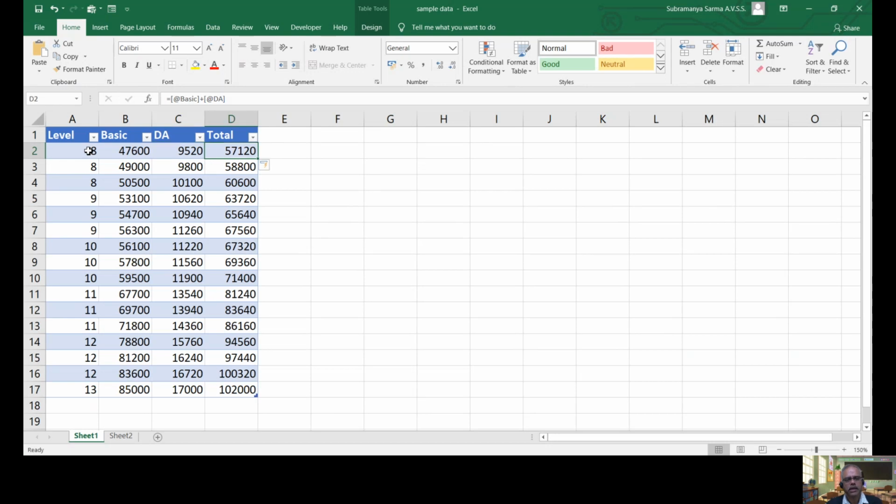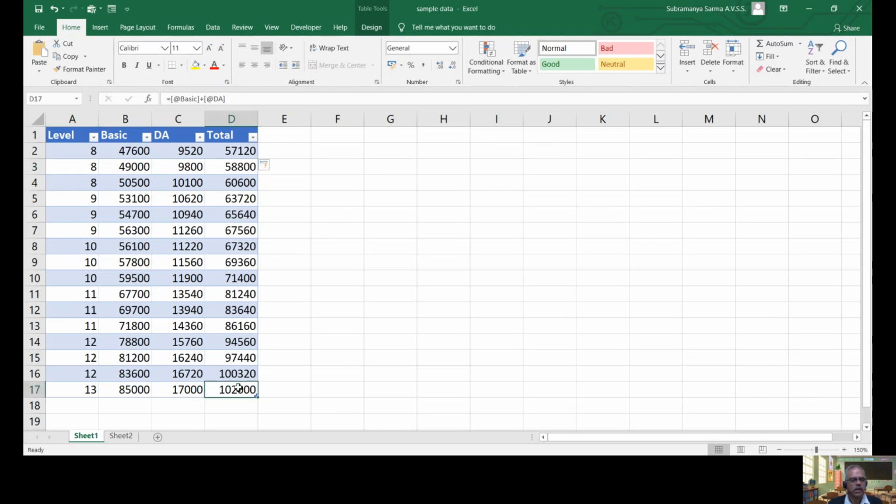But if I press tab here at D, it is not going to E, but it is going to the next row. That means the cursor position is fixed within the table. It won't go out of the table whenever you are using the tab key. Otherwise, to go to the next row, you would physically have to move the cursor and click on A3. Suppose I tab at D3, if I press tab again, it will go automatically to A4.